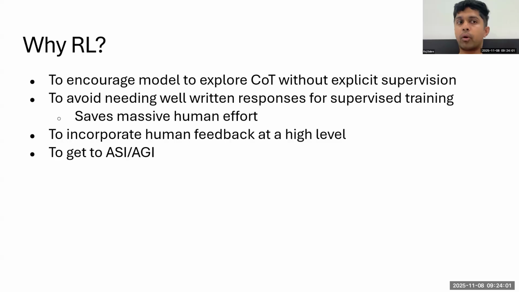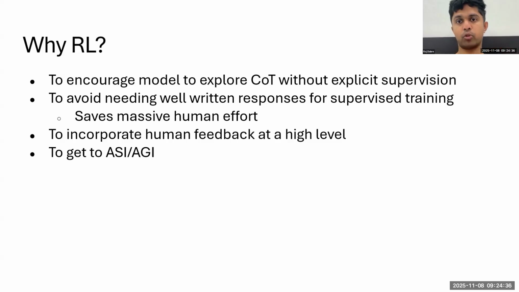So why would we want to do RL in the context of these language expansions? Regardless of language, we'd want the model to encourage different chains of thought without explicit supervision, because there's a limit to the amount of supervised data sets that we can have. Reinforcement learning gives models the opportunity to generate a variety of chains of thought, and we don't necessarily have to give supervision of what these chains of thought need to be. We just need to give a reward to the final response, which we think is very good. The second thing is